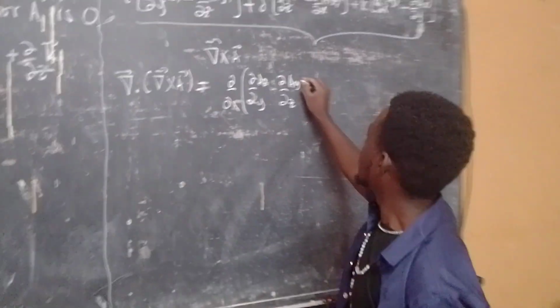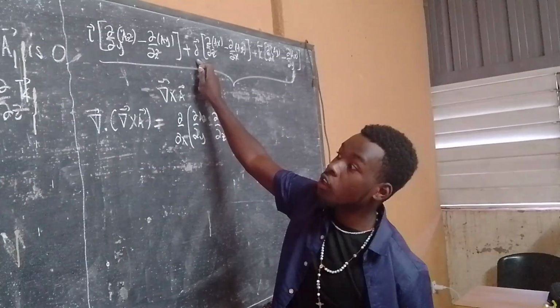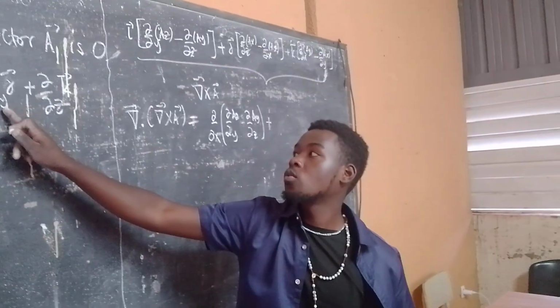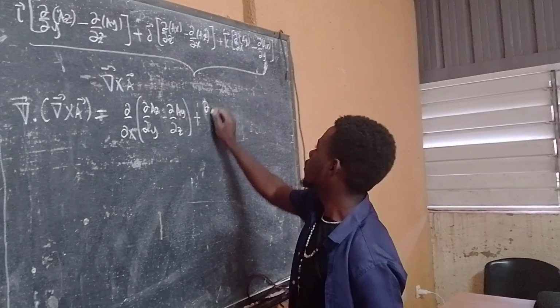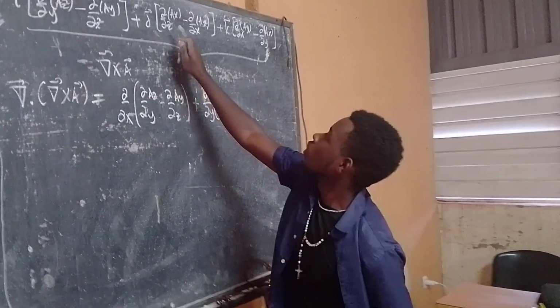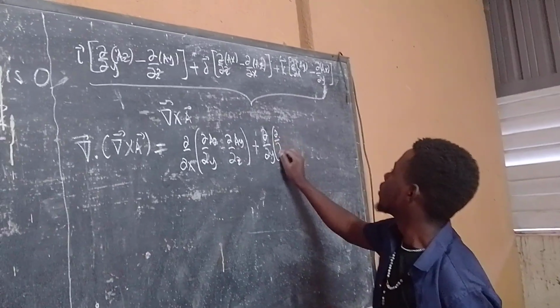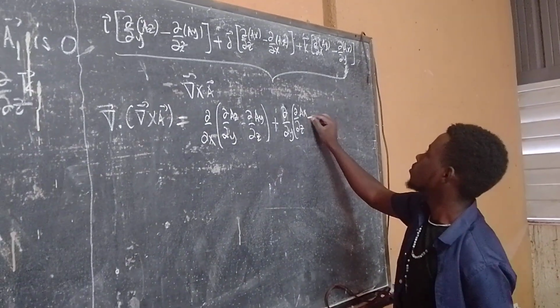Then plus, we are here on the component of j. It goes with this one also of j. We have partial differentiation, and then here we have differentiation of ax with respect to z minus